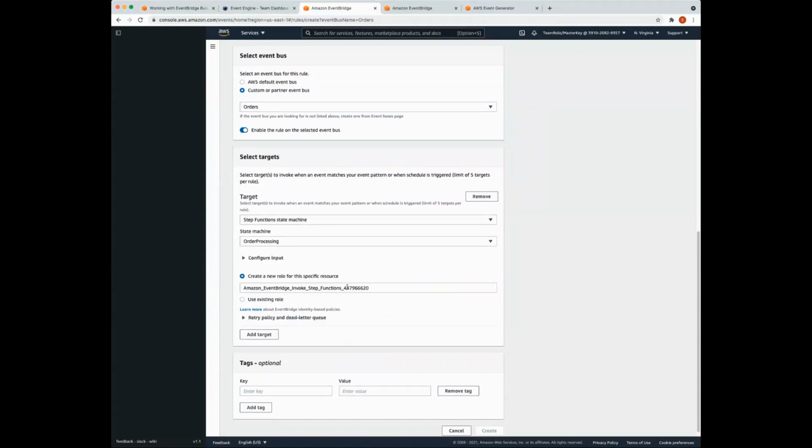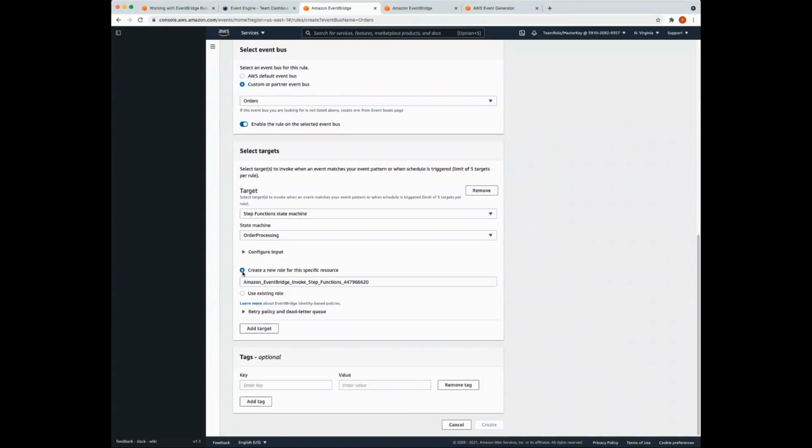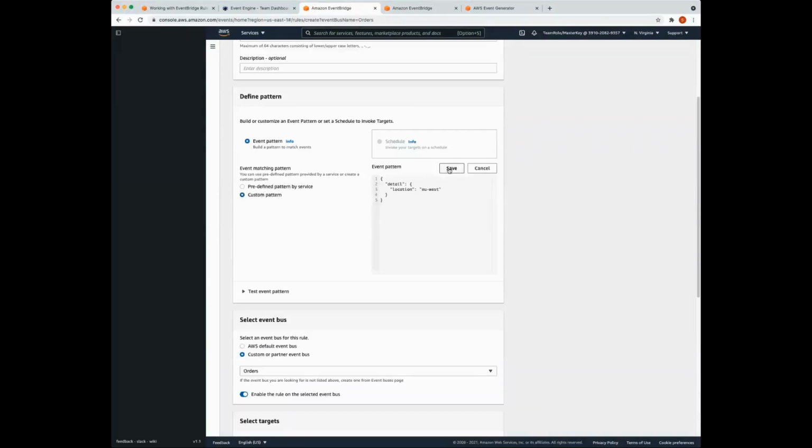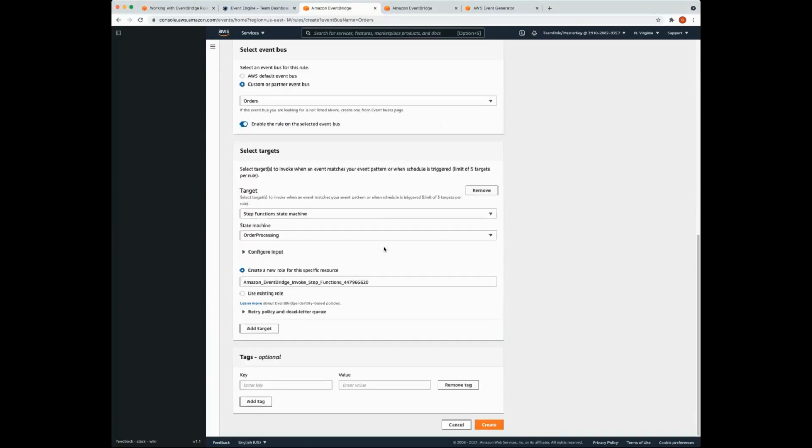And we're going to select the checkbox beside create a new role for this specific resource. Again, we need to click save here on the definition of the pattern. And we click create.